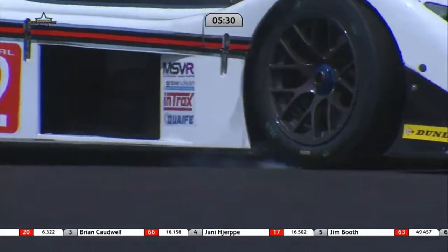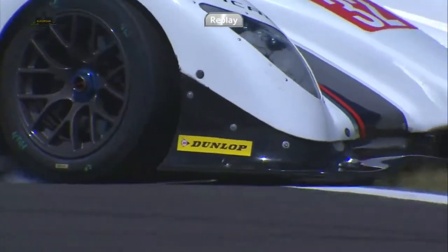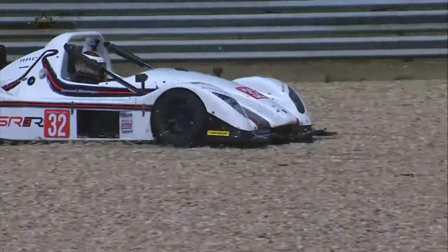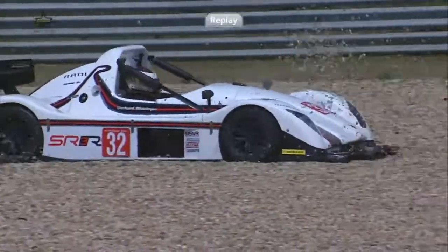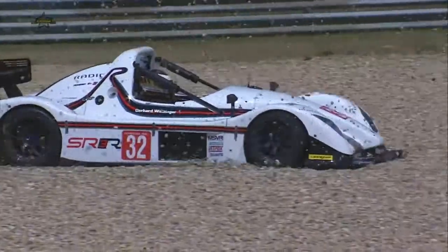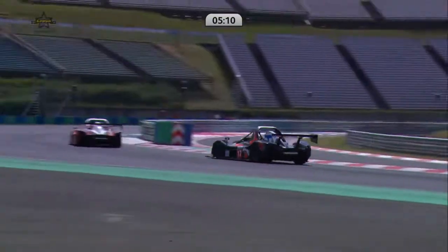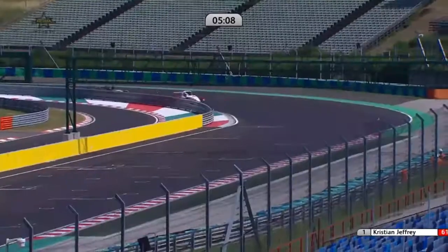Or Gerhard with a big lock-up, is that? That's a huge lock-up from Gerhard, and he's, in fact, taken a trip into the gravel. What a shame, because he was having a great run there. Some really, really good, consistent lap times. So he's getting himself showered in stones there, but it looks like he's going to be able to get back out of that and rejoin. Yeah, so he got the stones rolling. As he rejoins the track, he should